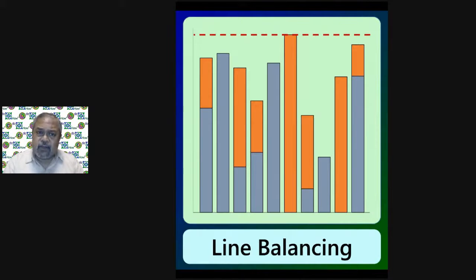The second thing is extremely important, more than the first: to be able to create a rhythm. Once you are able to create a rhythm, the assembly looks like music. Imagine an orchestra where you don't have that kind of rhythm established. The music doesn't sound nice to the ears, isn't it? So that's the basic fundamental principle of line balancing. If the lines are balanced, there will be a rhythm, and that rhythm will be very nice and pleasing to see.